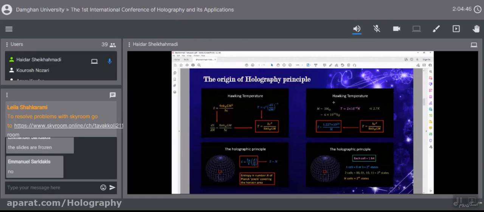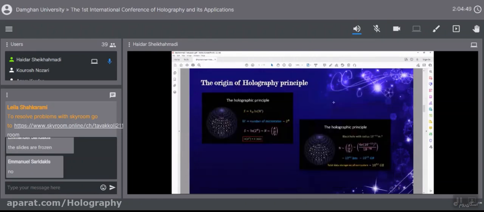Okay, and here you can see that entropy is equal to n, which is the number of microstates of the black hole, and is equal to the surface of the black hole based on maybe the smallest areas that we can imagine for black holes. It can be interesting for the quantum gravitists.